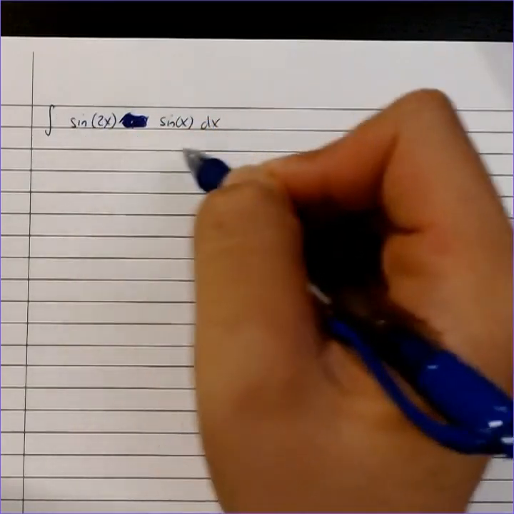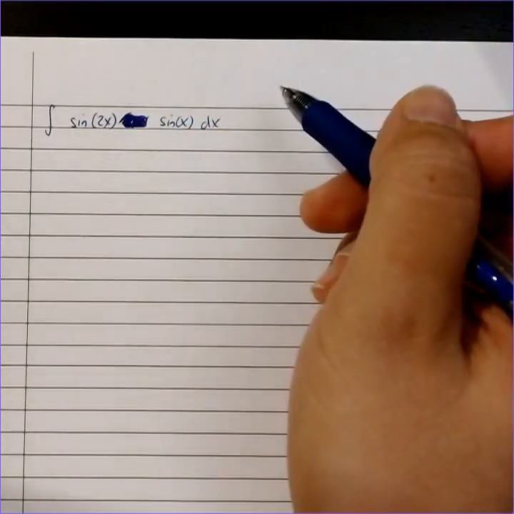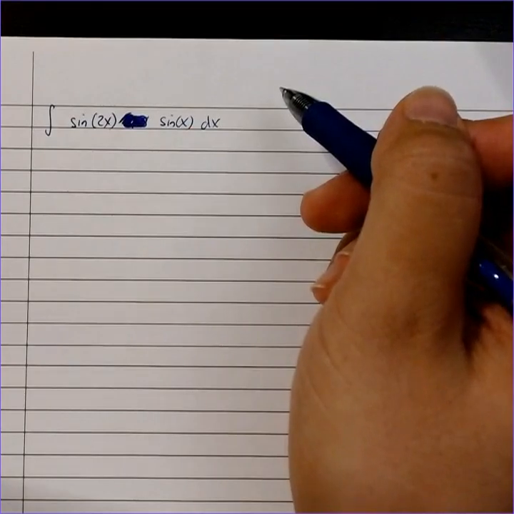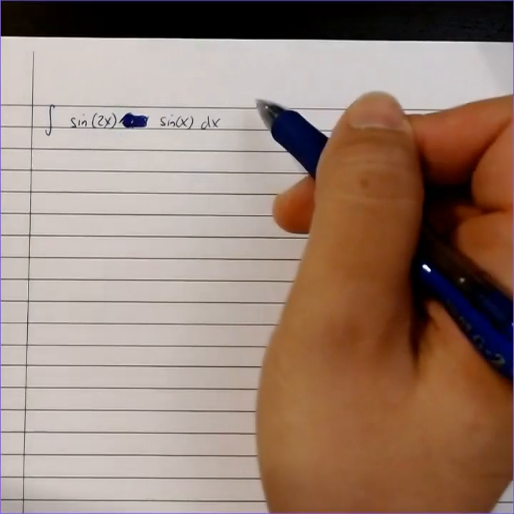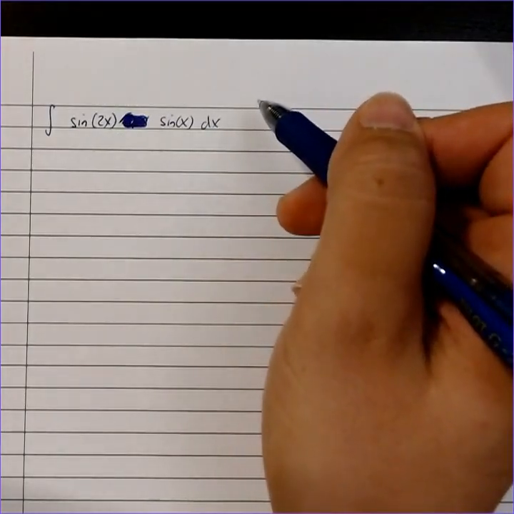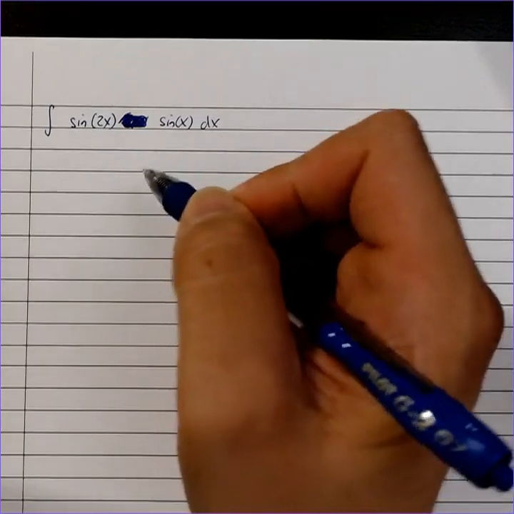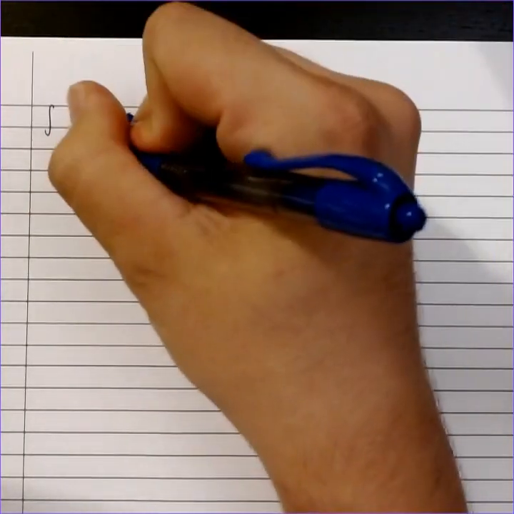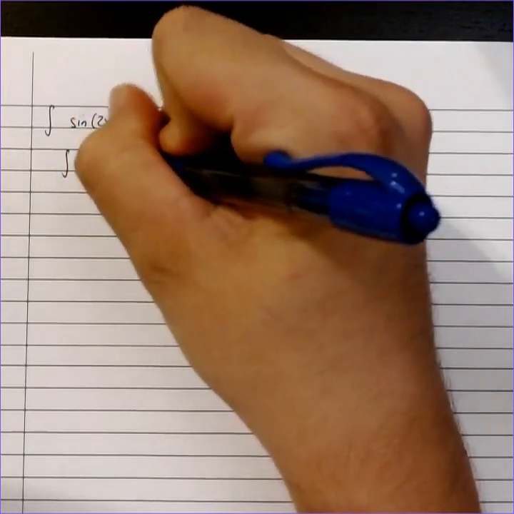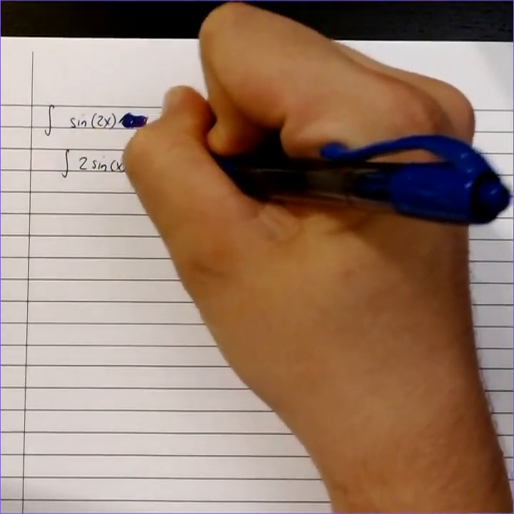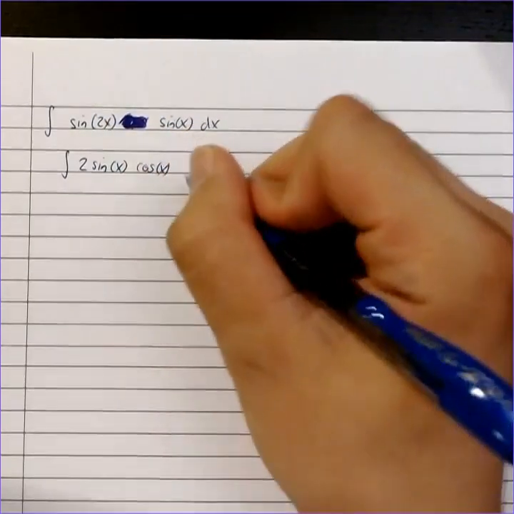So why would I want to go through and do all of these tricks of calculus when trigonometry is something simpler to work with? If I can simplify or rewrite this using trigonometry, it'll probably be a lot simpler. Here, I have a double angle formula for the sine of 2x. So, instead of sine of 2x, I can write that as 2 sine of x cosine of x times that other sine of x